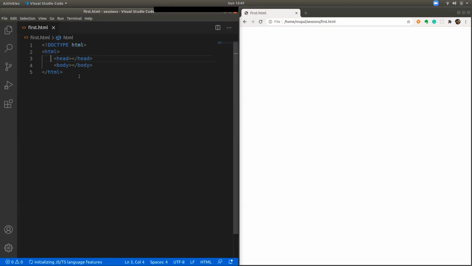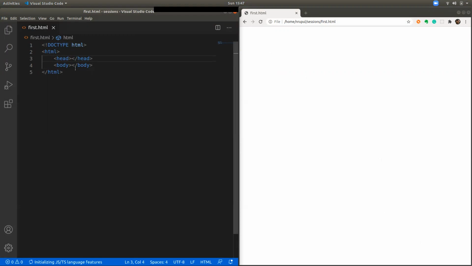Now what is the body element? The body element is the place where whatever you put inside will be shown inside this web page. It can be text, images, audio, video, anything. And if you know how to build games, you can put all these things. Everything that needs to be shown to the user goes into the body. Everything that is not shown to the user but has some information will go into the head.